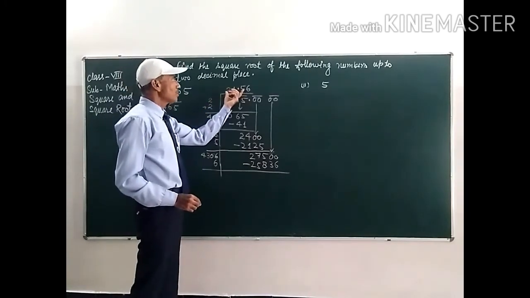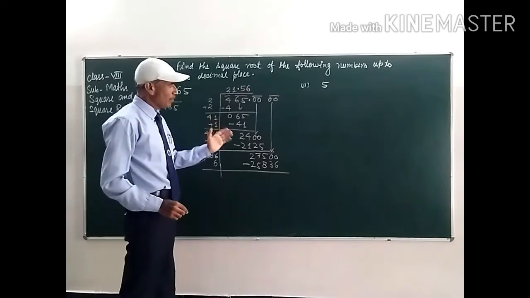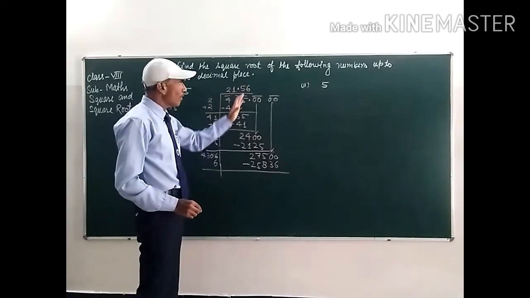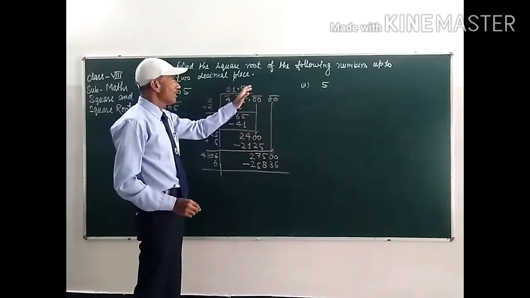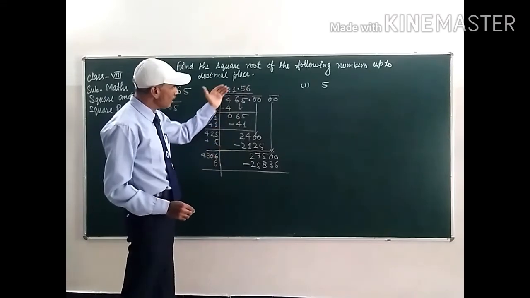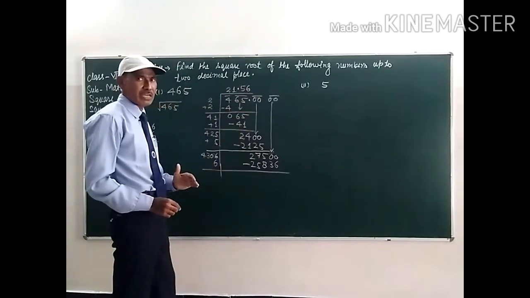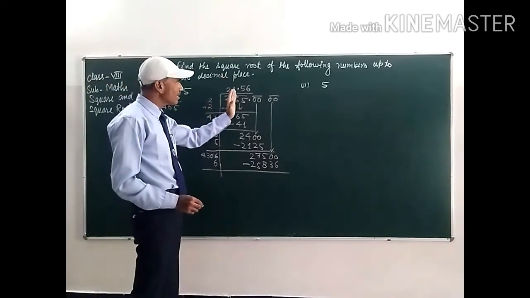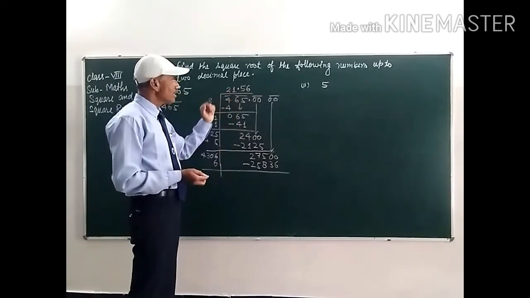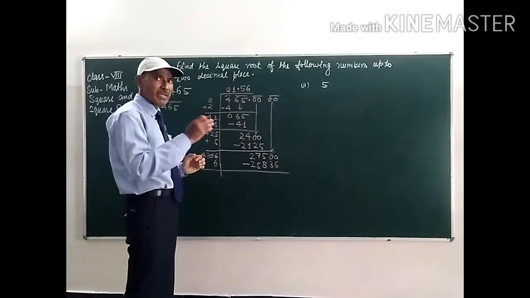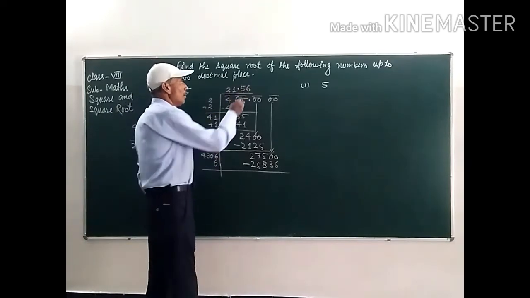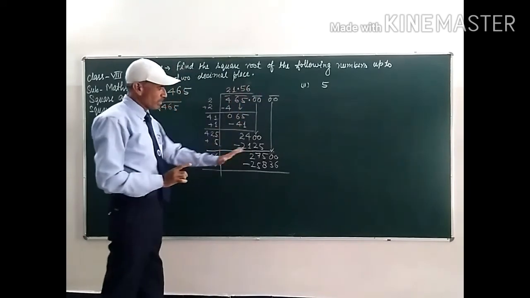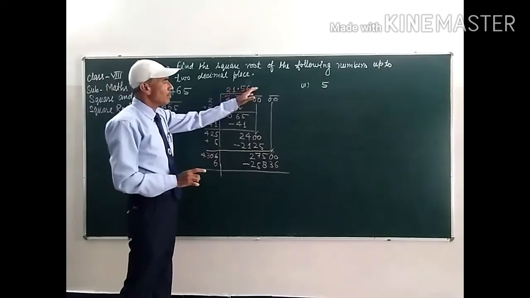You have to find the square root of this number up to 2 places of decimal, but we are going to find out the third decimal place. What is the number here at the third place of decimal? Students, which number will be at the third place of decimal, we are going to find that out also. If the number is less than 5, then we have to leave it out. If the number is greater than 4, that is, if the number is 5 or more, then you have to make the previous digit 1 plus. First do this. What will be the number at the third place of the decimal?